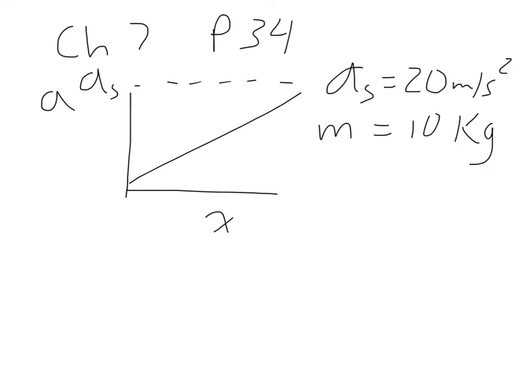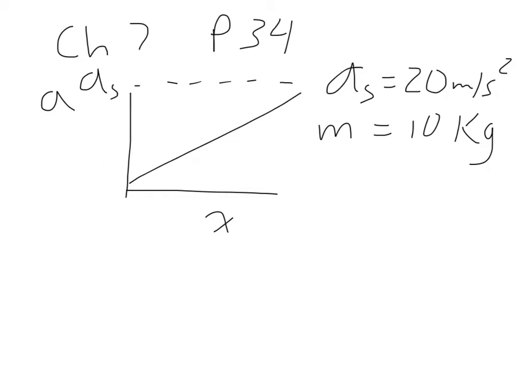We talked about in class how you can integrate the force with respect to position in order to find the work done, and that's the same thing as finding the area under the curve if you remember all of our calculus lessons. Here we have the graph of the acceleration as a function of the position. We know that the upper limit of that graph is AS, and AS is equal to 20 meters per second